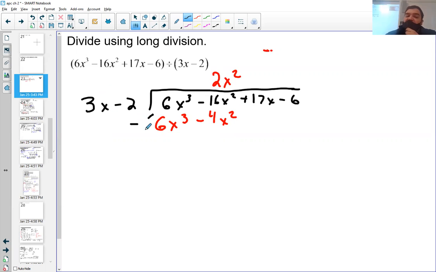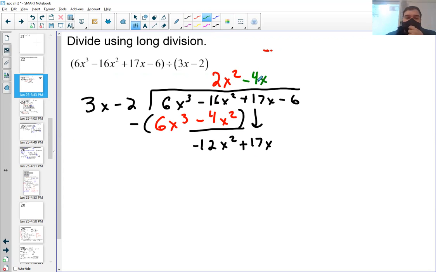So now I subtract. Negative 16 minus negative 4. Negative 12. Negative 16 minus negative 4. Plus 17x. Next number, what makes 3x into negative 12x squared? Negative 4x. So then we're going to do negative 4x times 3x. Negative 4x times 2 is